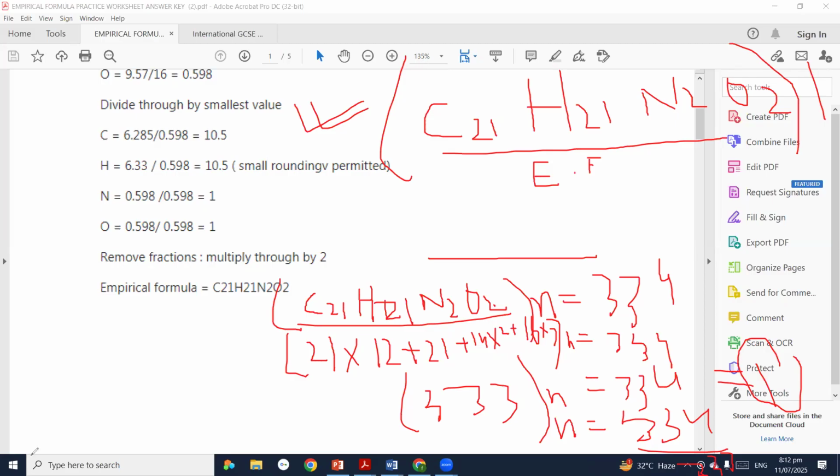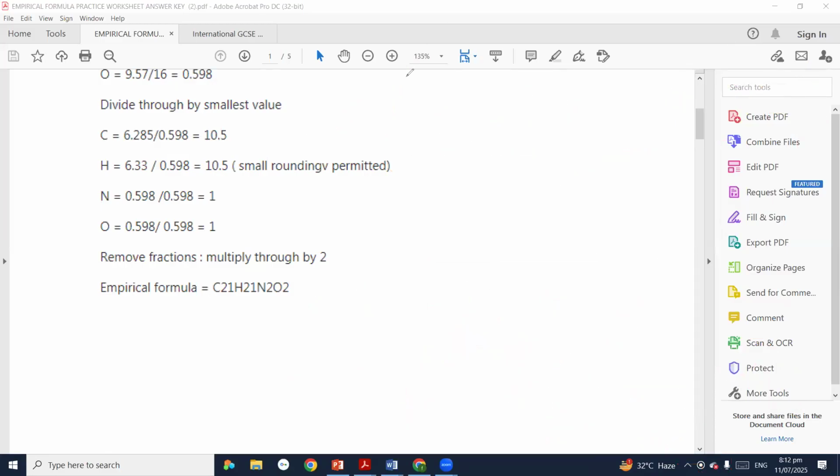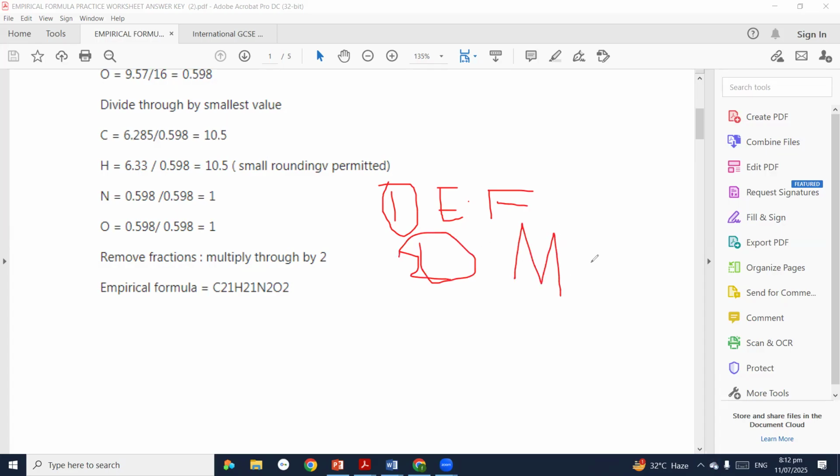Very good. Okay. So I told you to calculate the molecular formula, first of all, the first requirement is the empirical formula, and you know very well how to calculate the empirical formula. And the second requirement is you must be given the molar mass. And with the help of these two data, you will calculate the molecular formula. But sometimes, in some cases, if you are not given the molar mass, first you will calculate the molar mass.